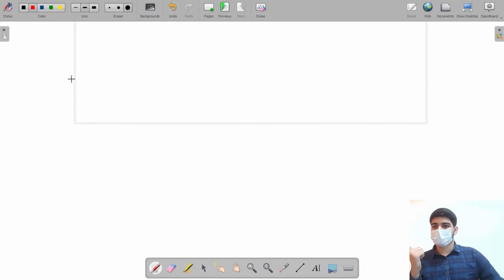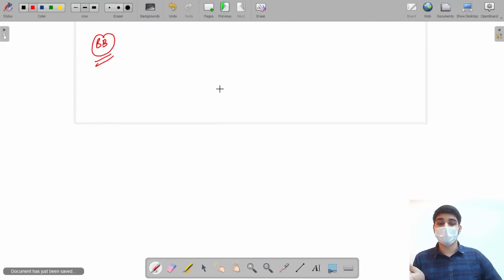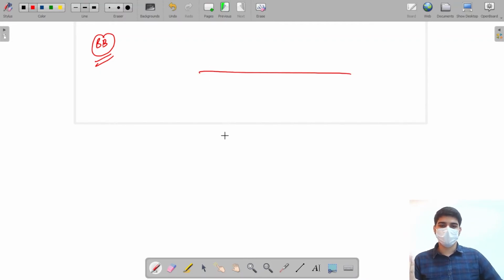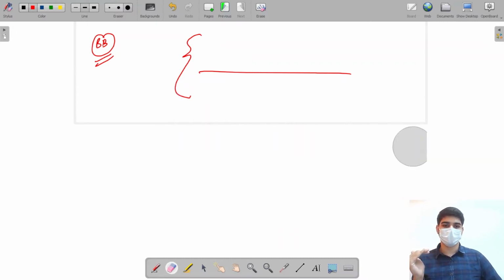So we know that we cannot have consecutive buildings, and we have to give the total number of arrangements that are possible such that we plan both sides of the road. What I'm going to do is divide the question into two parts. I would say that I can have planning of one side of the road and then the other side of the road. So I would only talk about planning a single side. If we forget about the second side of the road for now, what we need to do is, for length n,